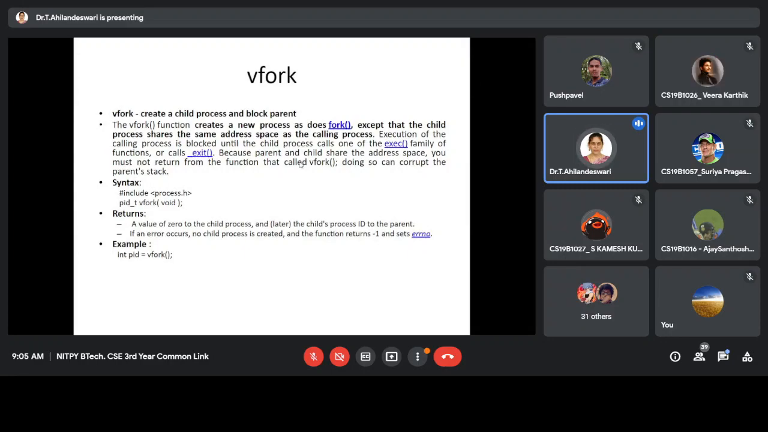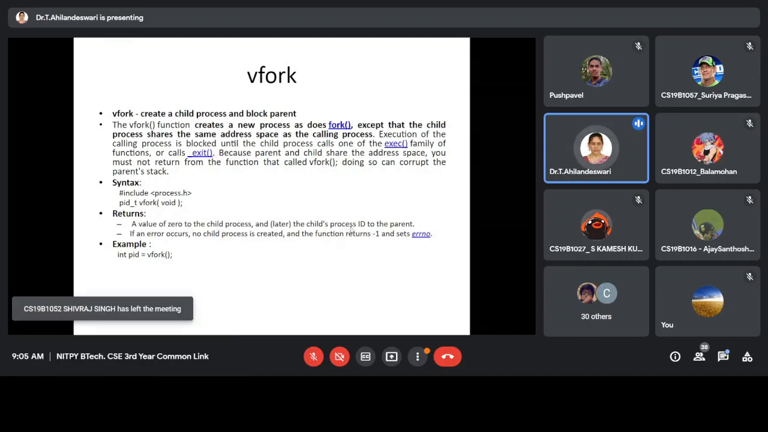It returns 0 to the child process, and for the parent, the child ID will be returned. Return value is similar to fork. In case of error, no child will be created. So the format is vfork, open and closing parenthesis, semicolon. The same format: int variable equals vfork();